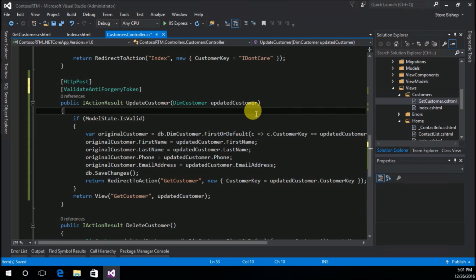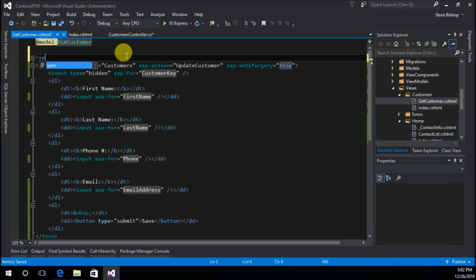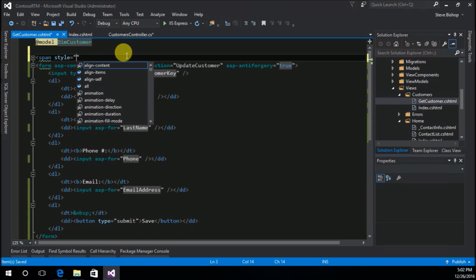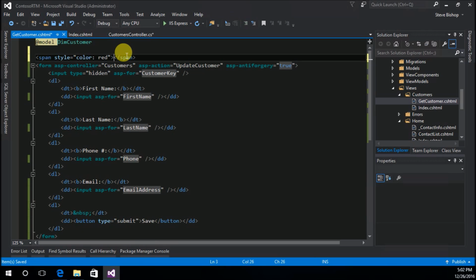So something else you might need to think about here is that if we are returning a view of get customer where the data is incorrect, we should probably add some sort of indication to the user of our application that there was something wrong and what went wrong. So I could add some validation messages for each one of our inputs, but really I'm just going to do a summary here. I'm just going to do a span. I'm going to use the style attribute to say color is going to be red, and this changes the text of the font inside of the span tag to be red. And then I'm going to say